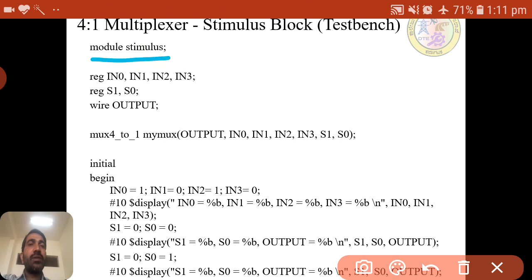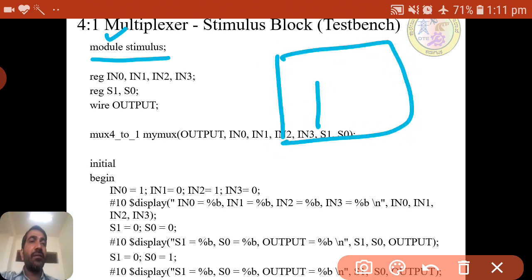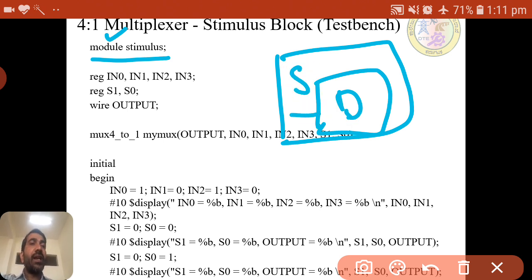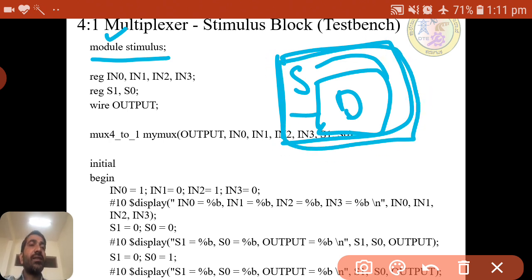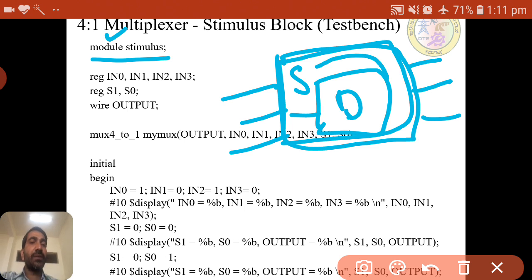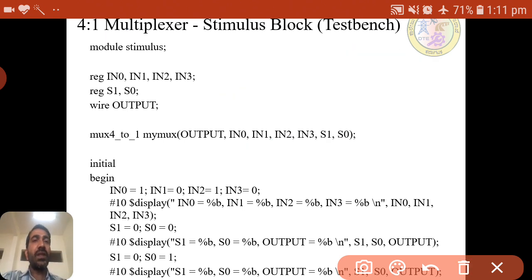In the stimulus block, module is again a keyword. The stimulus block will not have inputs and outputs. For example, if it is the design block, the stimulus block provides inputs to it, and if any outputs are there, it takes them. Externally, the stimulus doesn't have any inputs and outputs, so the stimulus doesn't have a port list.